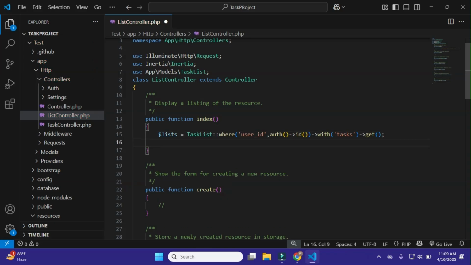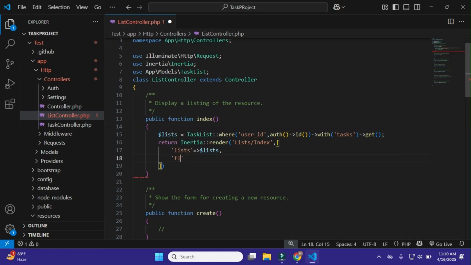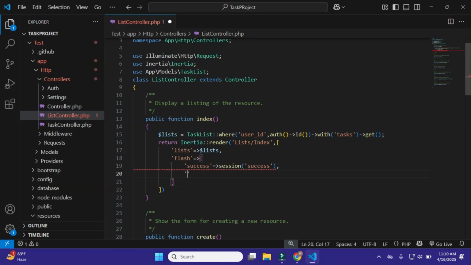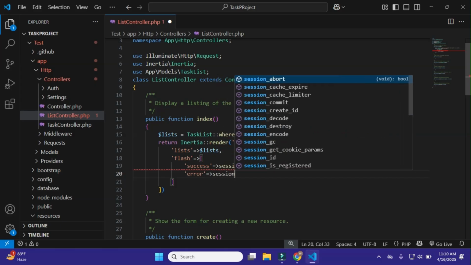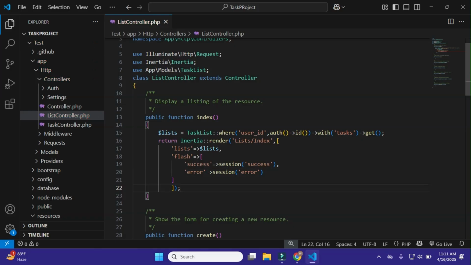Okay, that's it. And then I'll just simply return inertia render, and it is in list slash index, and then it is list, $list, and then after it flash, and here I'll just simply add success, session success, error, session error. Okay, that's it. We just simply do this and just click on save, and